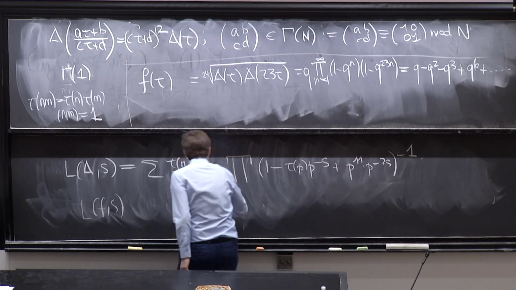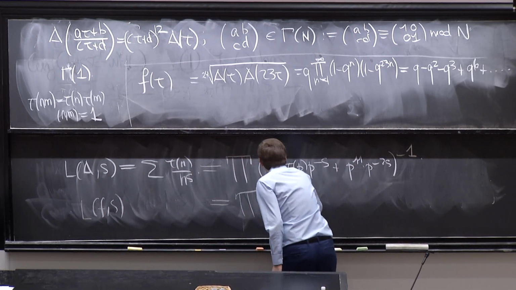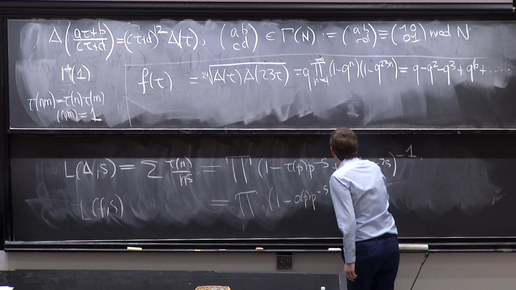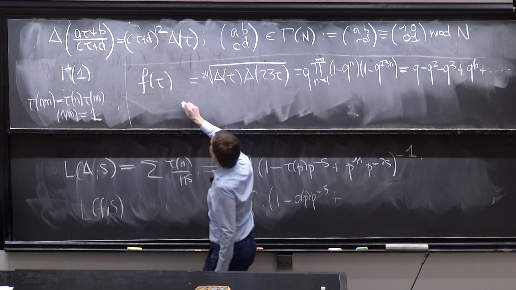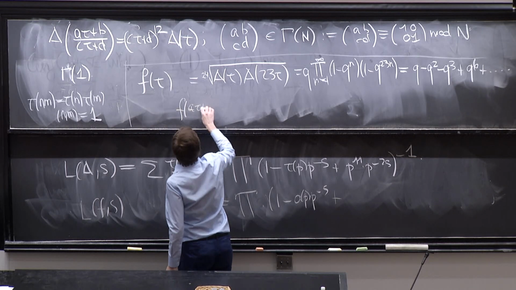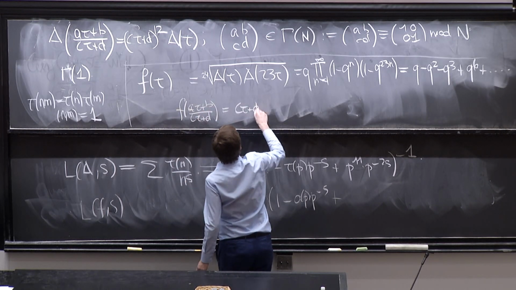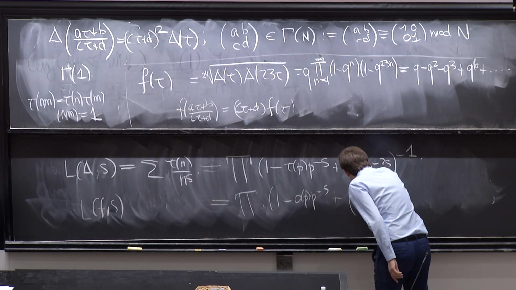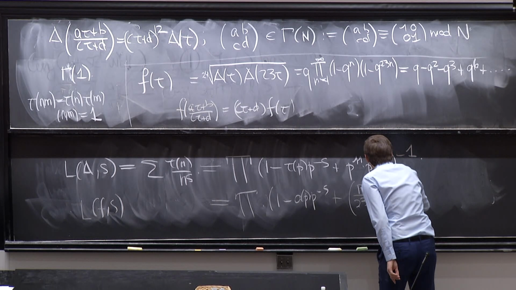Similarly, I can write down the corresponding thing here. Let me just call the coefficients an. I have something very similar, 1 minus ap, p to the minus s, plus, well, this 11 here was coming from 12 minus 1. This form here is actually of weight 1, and so I should get 1 minus 1, which is 0, but still a quadratic residue symbol comes up. This is the same quadratic residue symbol as in the last talk, s to the power